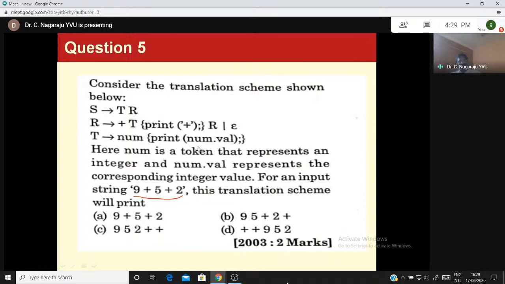So again, suppose for this one, what is the answer? Just to understand this, here is the grammar you had given, but no operations directly. S tends to TR, R tends to plus T, print of this, but that is the action, R slash epsilon. T tends to number, print number dot value. Here number is a token that represents an integer and number dot value represents the corresponding integer value. For an input string 9 plus 5 plus 2, this translation schema will print